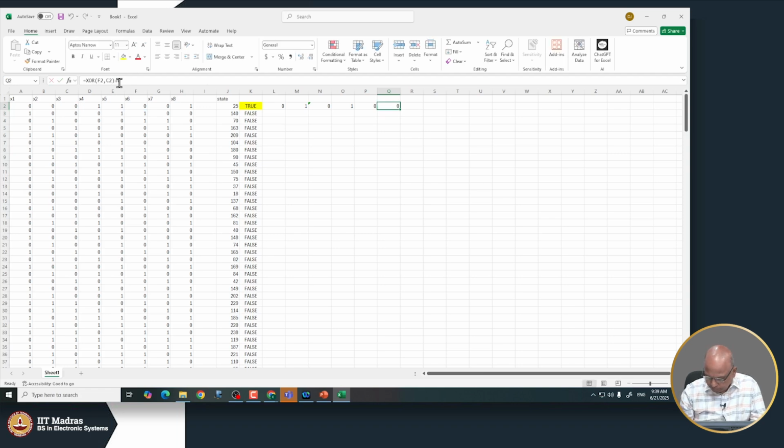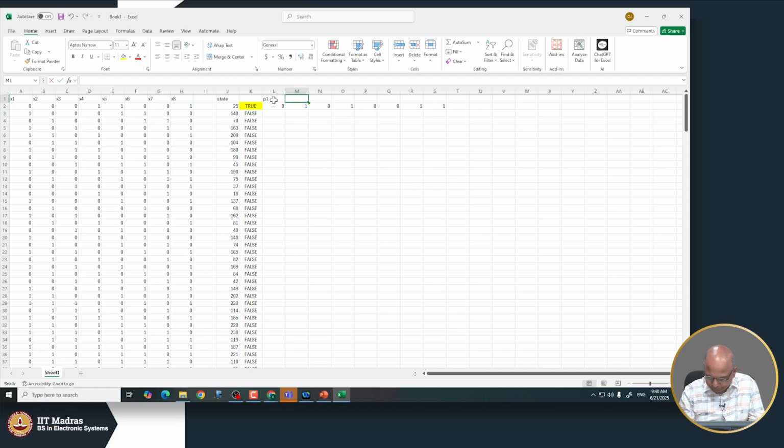Then G2 and E2, okay. And then XOR of H2 and maybe G2 plus 0. Okay. So once we have done this, this is a phase shifter output